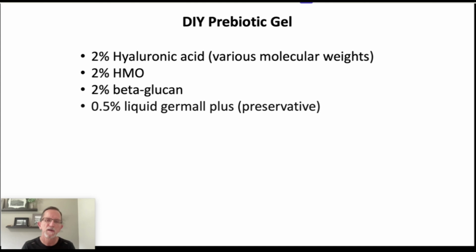I also have added 2% beta-glucan, and beta-glucan does a couple of things. One, it is at least as moisture retaining as hyaluronic acid, and hyaluronic acid itself is off the charts for moisture retention. Beta-glucan actually beats it out slightly. So I added that to increase moisture retention, but also beta-glucan all by itself, without any of these other ingredients, can help heal eczema. In fact, I gave a reduced, weaker solution of this to someone I know who had an infant, about 1 year old, with some eczema, applied it once, and the eczema disappeared. Now, that is not medical advice. That's one example, but